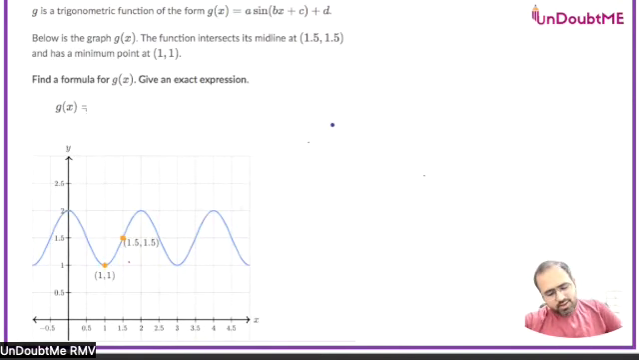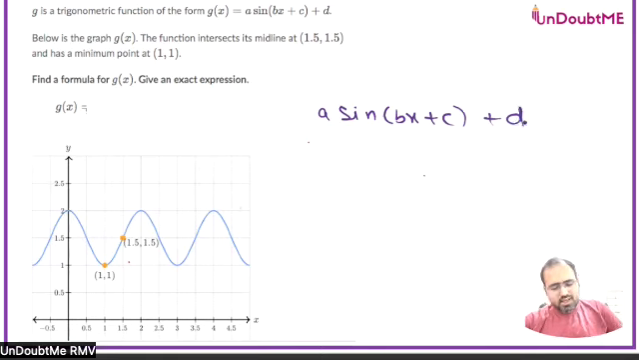Okay, before starting the question, let me first ask this basic thing: if I am writing y is equal to a sine bx plus c plus d, then what are these a, b, c, d representing? Starting with a, what is a? The amplitude. It's an amplitude. Then b,